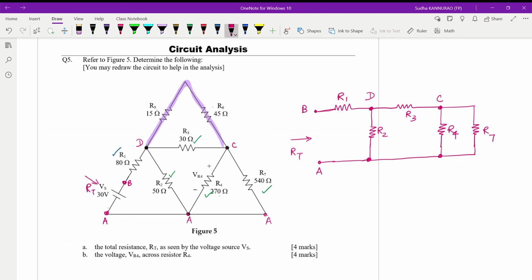So my D is here, my C is here. So from D to C, I have the resistors R5 and R6 in series. R5 and R6 is between D and C.